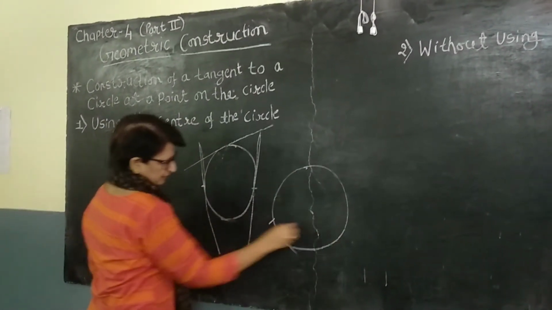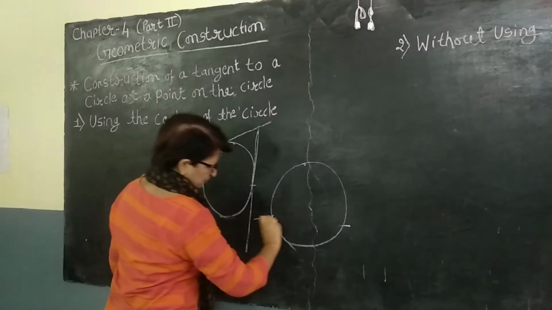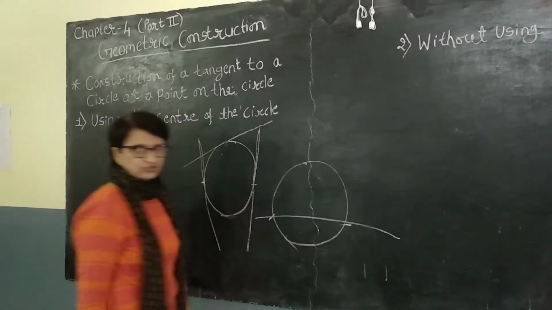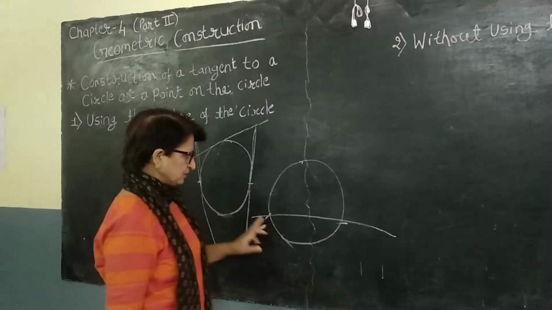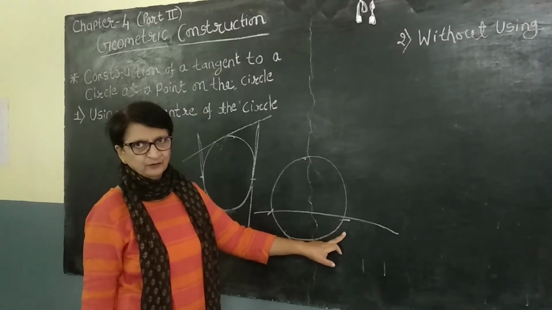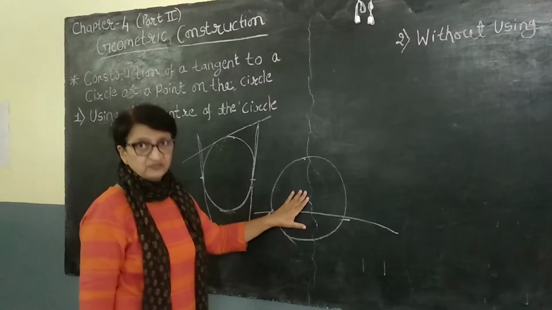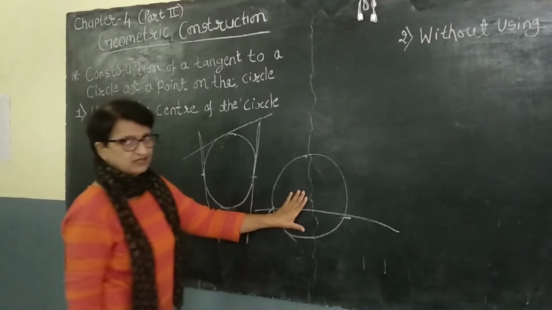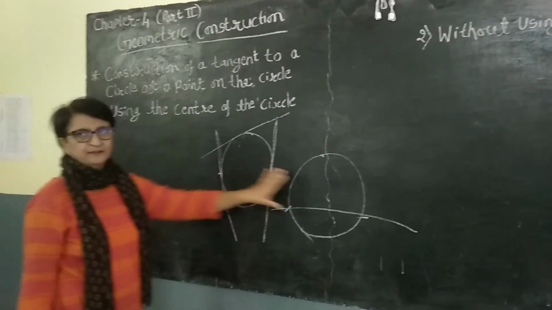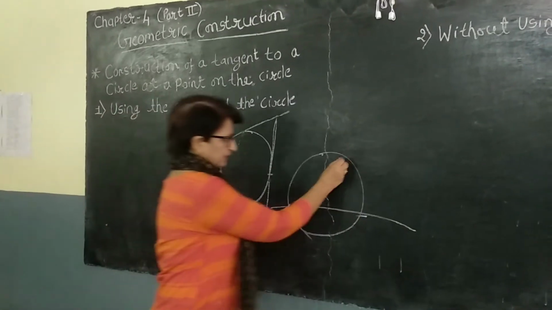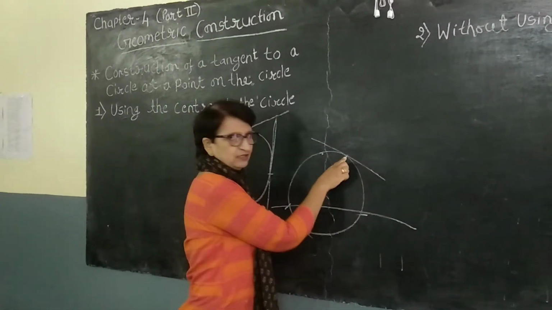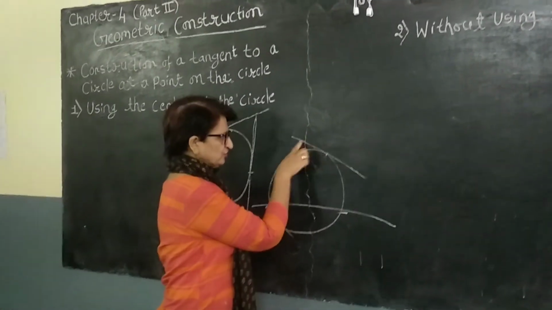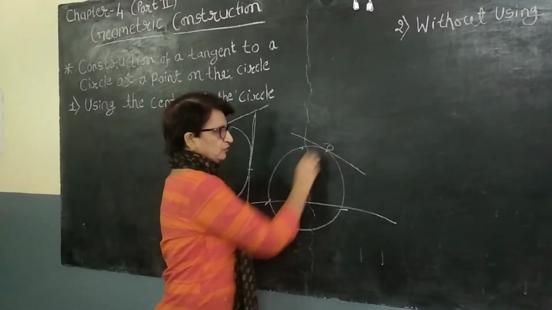Here, supposing I draw a line like this passing through the circle. It is touching the circle at how many places? 2 places. This is known as a secant. Okay? So we are not concerned with secant. I just wanted you to understand the difference between a tangent and a secant. So again, I have to draw a tangent. So it will touch it like this. So this is a tangent. This line is a tangent to the circle at the point O.